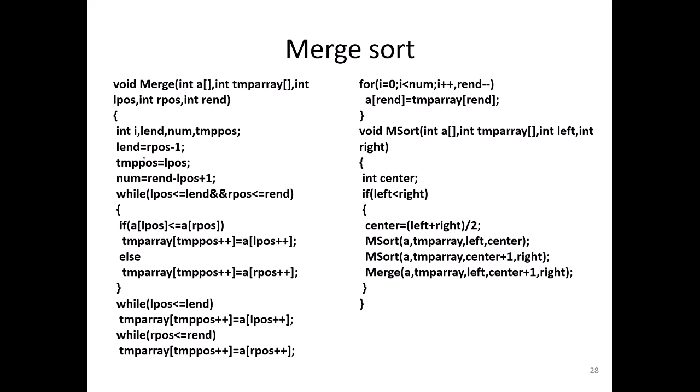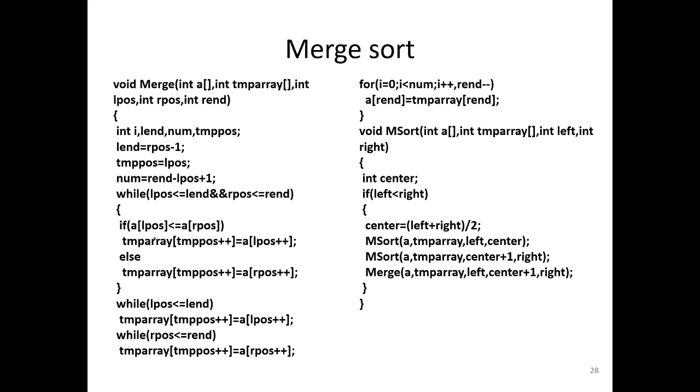For example, we have divided the array into subarrays. If the left position value is 0 and the right position value is 4, then the left end value will be 4 minus 1, which is 3. So the left position value is 0, the left end value is 3, the right position value is 4, and the right end value is 7. Now compare: the left position value should be less than or equal to the left end value, so it does not cross into another sub-instance. And the right position value should not exceed the right end value. If this holds, we continue.